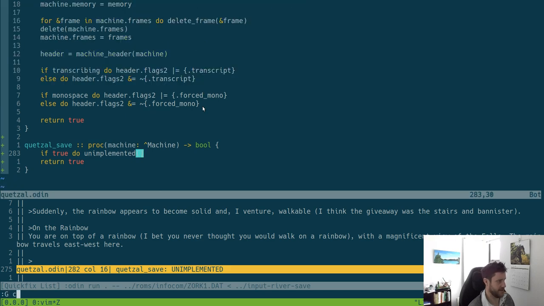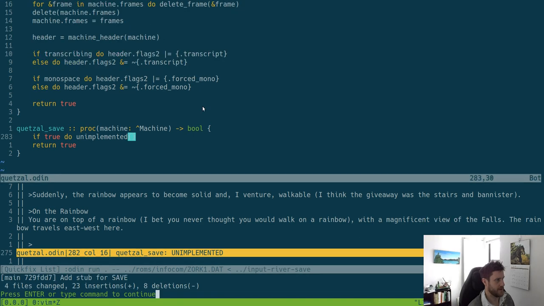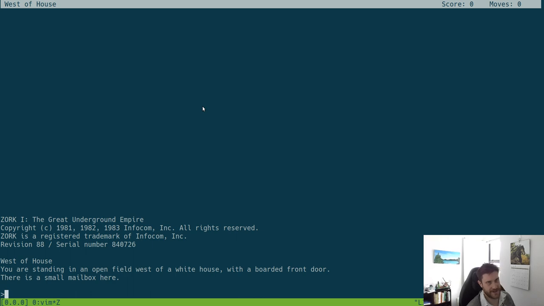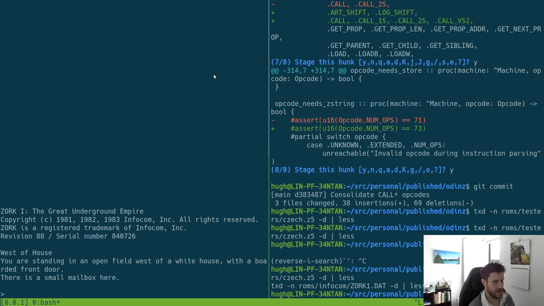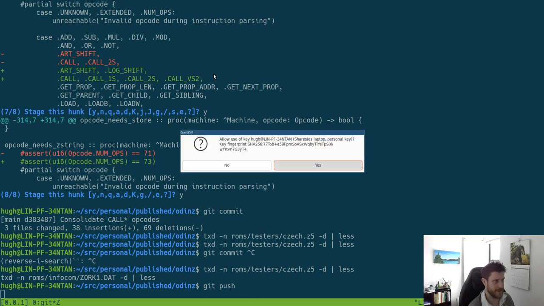Just finished. Cool. Add stub for save. Cool. So that's all there, and I'll come back to it. But yeah, I can just run this. So one dot dat, and I can just play a game, which is pretty satisfying. I think I will just do a push so everyone else can enjoy it, and if they find their own